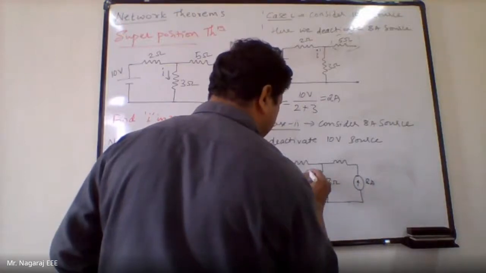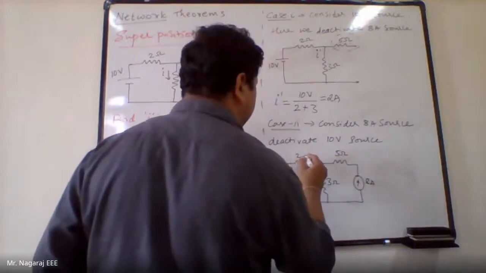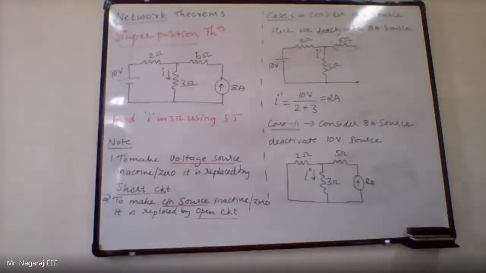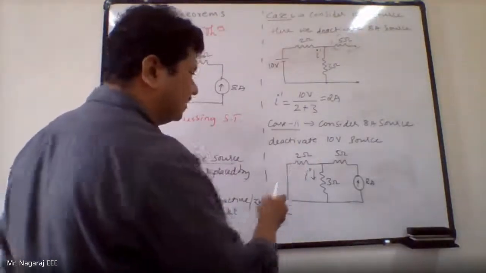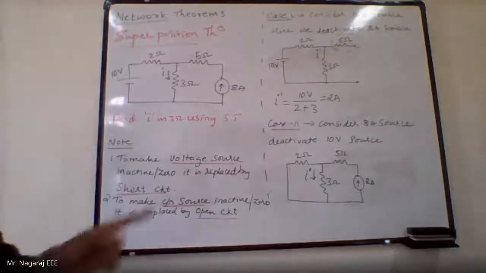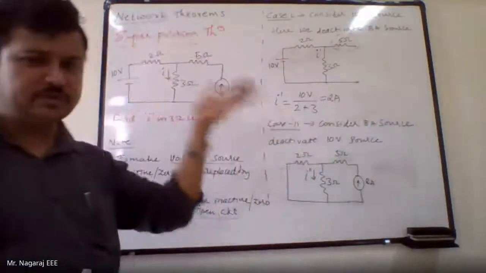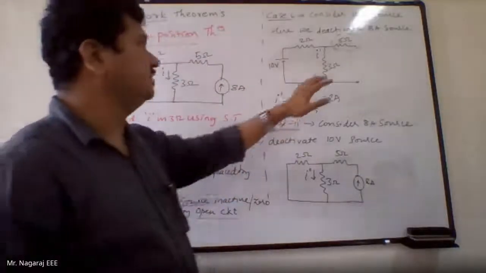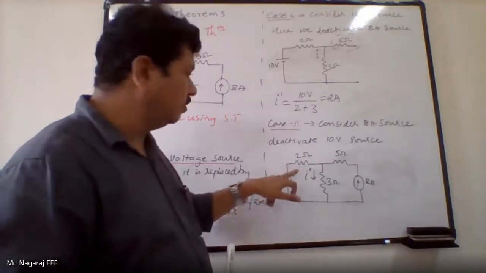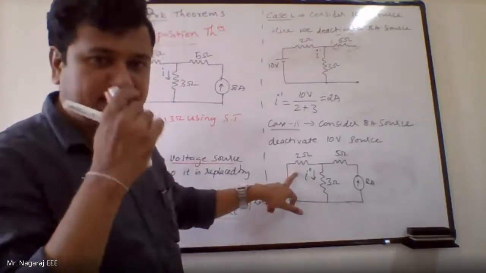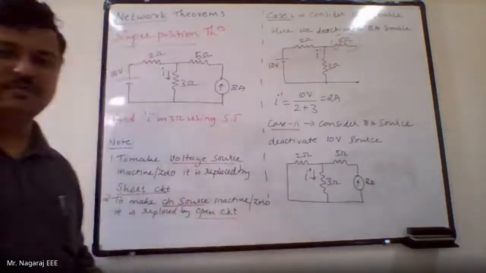Let me take this as I double dash, just for my understanding. Now I cannot say the current in 2 ohms is 0, because the 2 ohm resistor is part of the closed loop, whereas the 5 ohm resistor was part of an open loop. So no current flows in an open loop, and therefore I don't consider current in 5 ohm. But I cannot do the same thing here and say the current in 2 ohms is 0, because it is forming a loop here. Definitely there will be current flowing in that.